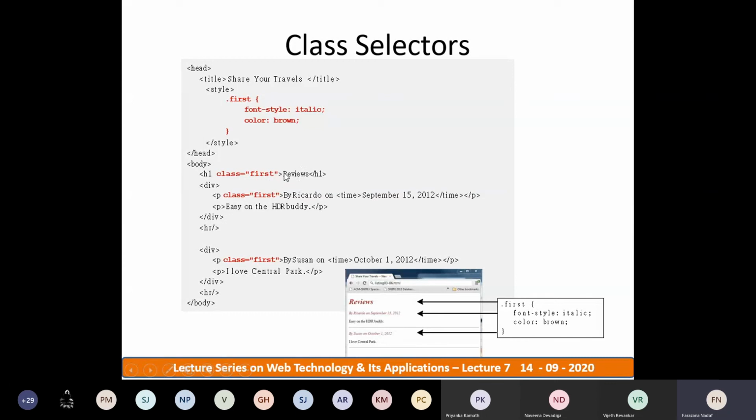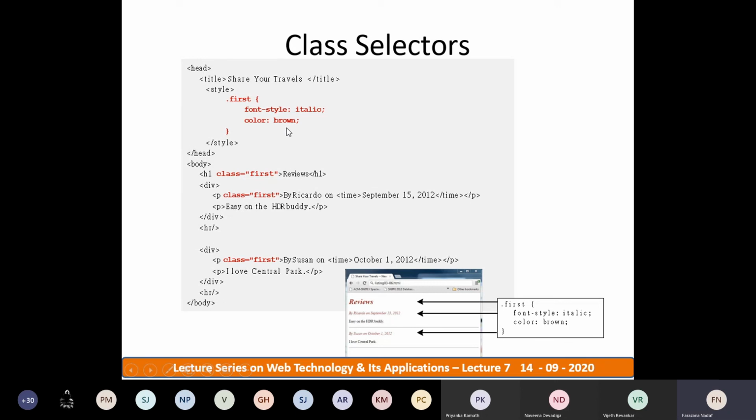Otherwise, what you need to do again and again is define the styles for the HTML element, right? So look at the example. First line head, then title; you can omit the title because it's optional. Then the style element. Under the style element, which styles have to be applied for the document. So font style italic. Previously we have seen bold. So you can also mention italic, right?